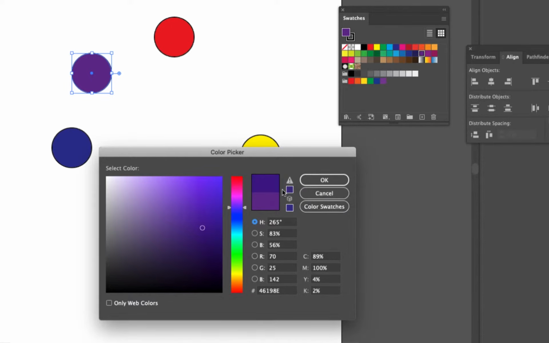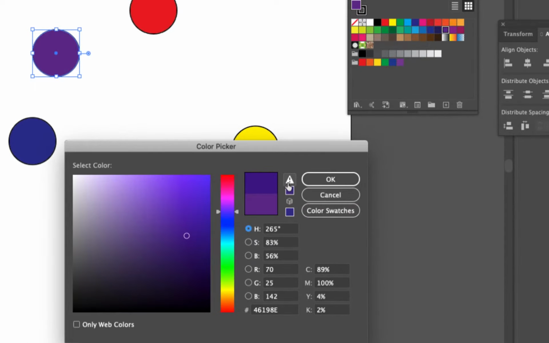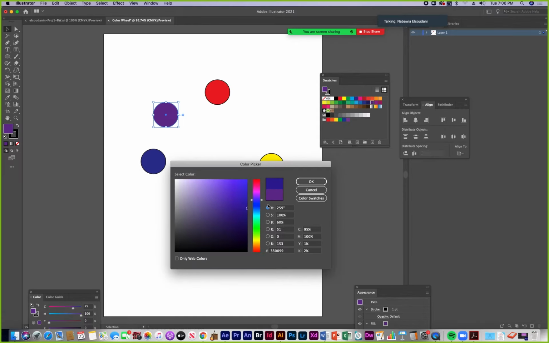Now, nothing is 100% when it comes to looking at color as light that's going to be translated to color as ink. But you can get closer anyway. So you want to click the exclamation mark or click the swatch below, and that will allow Illustrator to correct the color to a safer color, or you can simply drag the circle to a different color where the exclamation mark disappears. You could also have Illustrator just find a color for you, but it may not be the color you want, so you might want to adjust things more manually.